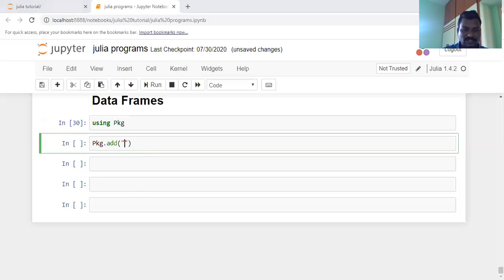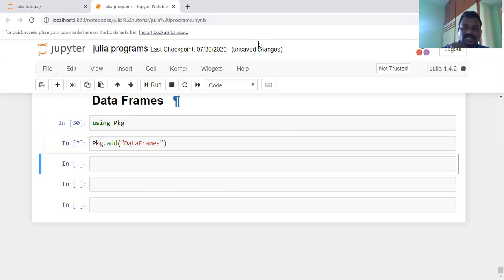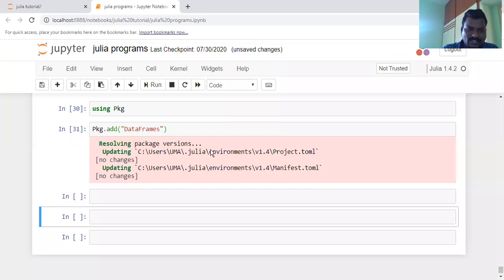It takes some time when you are adding this one. Okay, it is added.